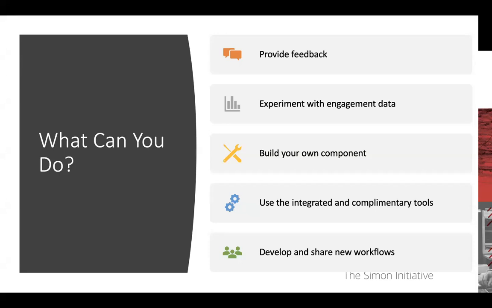Once you get familiar with the framework and tool, you can also build your own components in LearnSphere. You can use the integrated and complementary tools in LearnSphere, such as those other data sets. You can build your own components. The code for LearnSphere, by the way, is available on GitHub. And so if you have some really ambitious developers, you could really take that code and start to experiment with